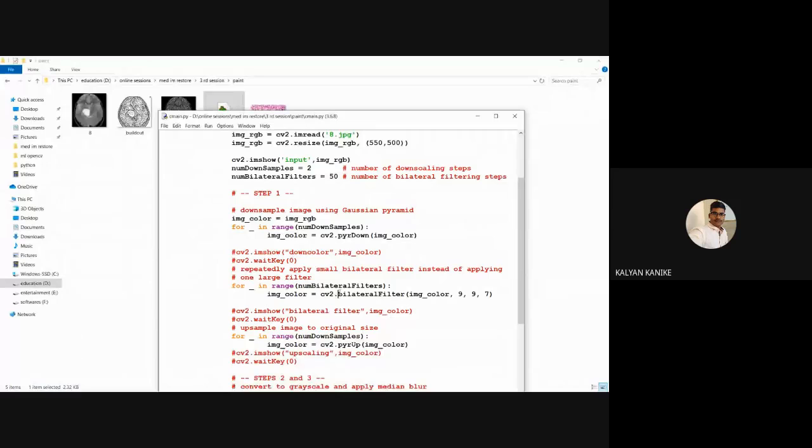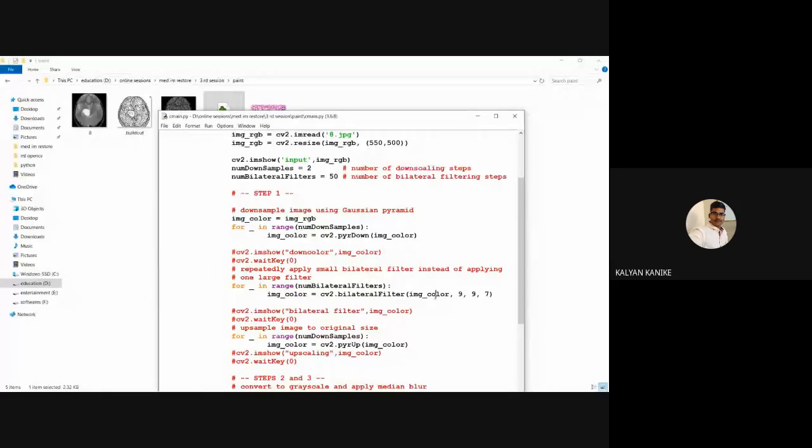Bilateral filter is one of the high pass filters. By using this bilateral filter keyword, we are going to apply this information to our input image color.